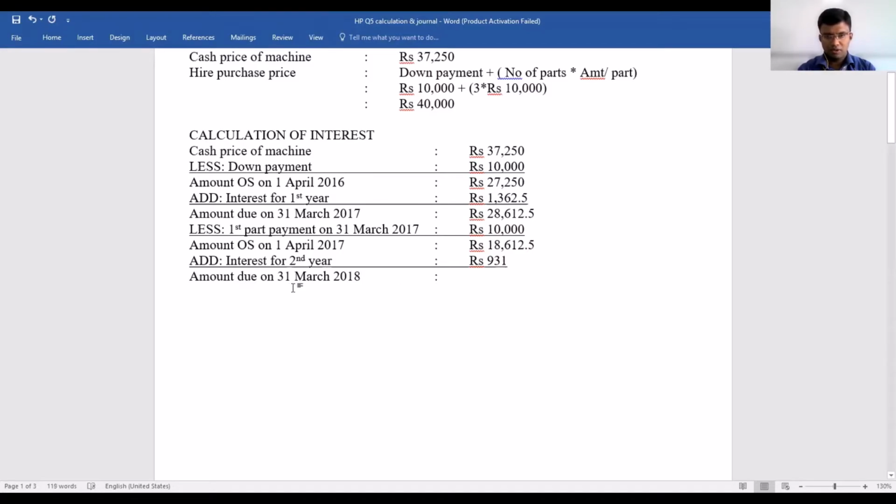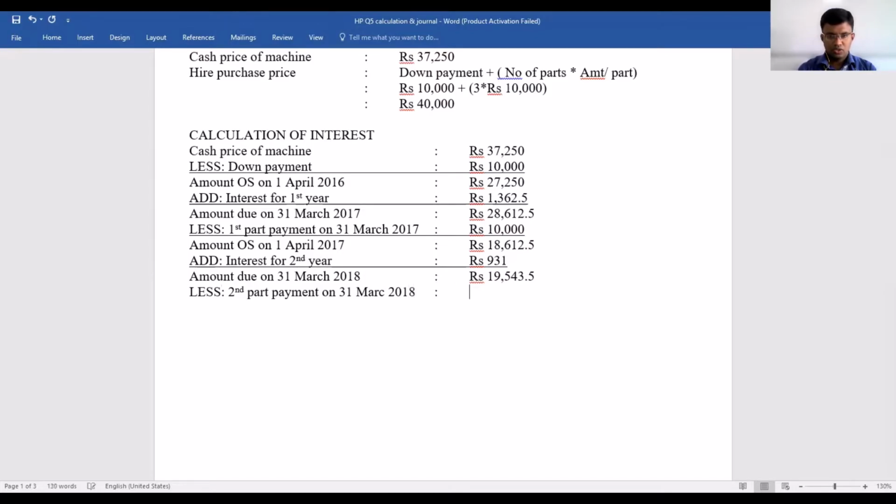So this will be the amount which will be due, and so 18,612.5 plus 931 works out to be 19,543.5. Okay, now from this, let us subtract the second part payment on 31st March